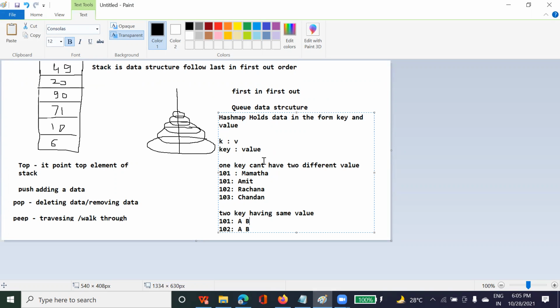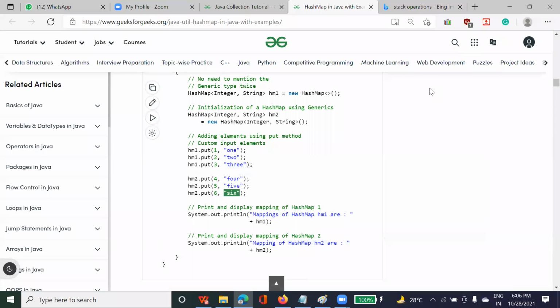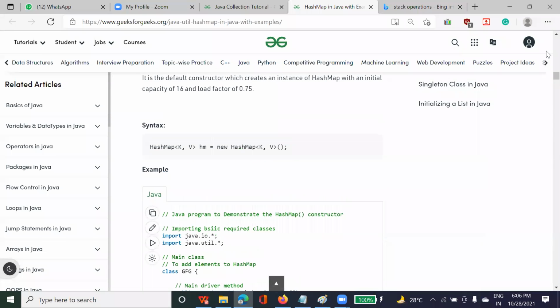Okay, but two keys can have the same value. Even though I've been teaching this for the last few years, I still sometimes get confused. So I just remember the example of employee ID and roll number, and from that example I can come to this conclusion. So you also try to correlate with a real-time example and remember this. So this is called a hash map. I hope it is clear to you about the collection.